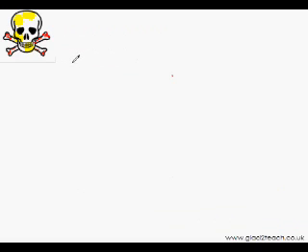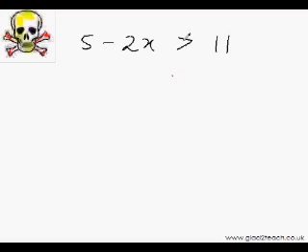So far you must have seen that everything is fairly easy and straightforward. So where can you possibly make a mistake and lose your precious marks in the exam? I'll tell you where, from my experience of teaching so many students over the years. I'm going to give you a question and let's see how smart you are in avoiding that accident. Try to solve this question. 5 minus 2x greater than 11.